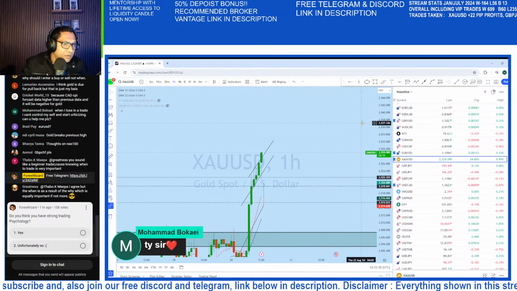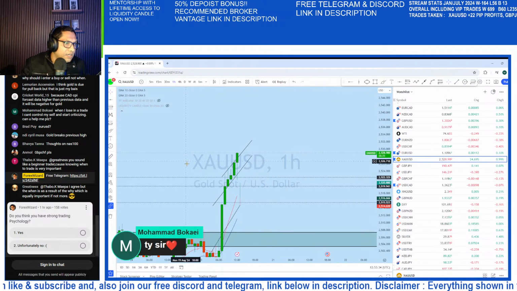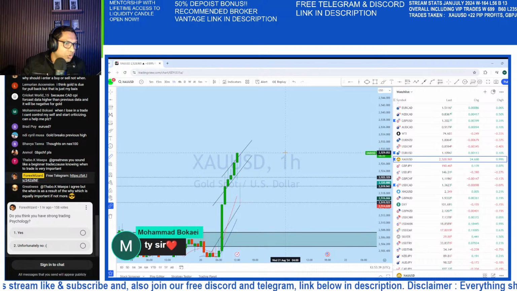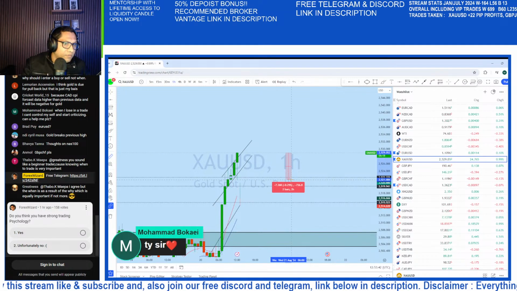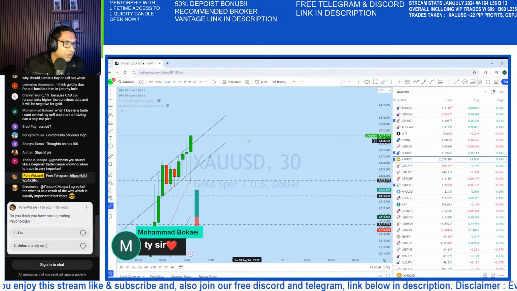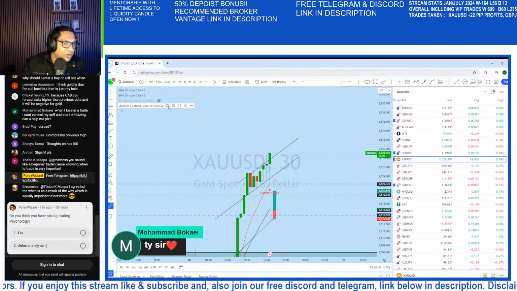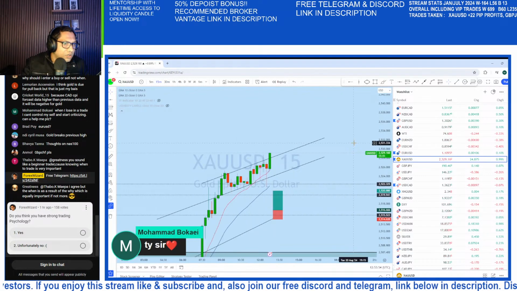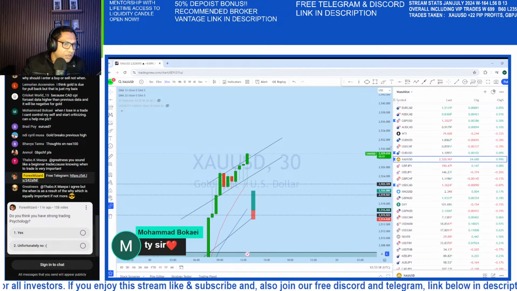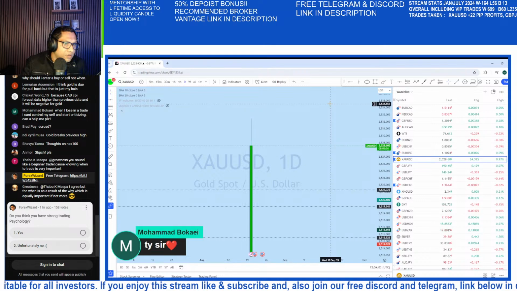Okay, this is the 1 hour closing, which is basically forming potentially also a liquidity candle. From the 30 minutes, also forming a liquidity candle on gold. Yeah, 30 minutes still not closed. On the 15 minutes, yeah, 30 minutes potentially we could see that liquidity candle formation on gold.